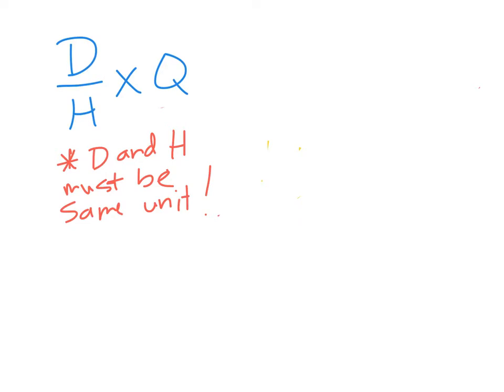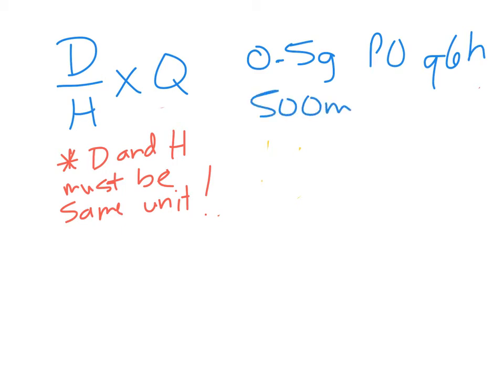Okay, so let's get that out of the way. Same thing takes place in number 2. In number 2 on that same section, erythromycin, 0.5 grams is what was ordered, by mouth every 6 hours. If I said that incorrectly, I apologize. And it looks like erythromycin comes in 500 milligram tablets. So again, to put this into perspective in our D over H times Q formula,